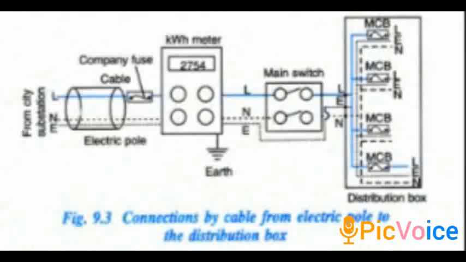Now you can see MCB, MCB, MCB, MCB written. What is MCB? MCB is the miniature circuit breaker. Miniature का मतलब होता है छोटा सा. Circuit breaker यानी जो सर्किट को तोड़ दे. Okay? So normally in a fuse, what happens is, if we have a high current flowing, the fuse wire melts. Then what do we have to do? We have to now replace this wire with another wire.